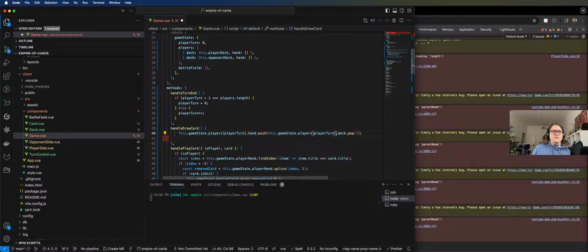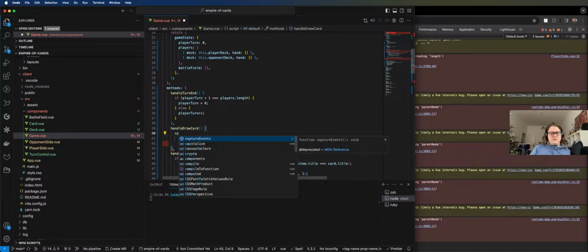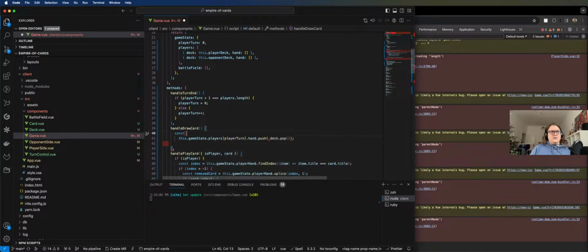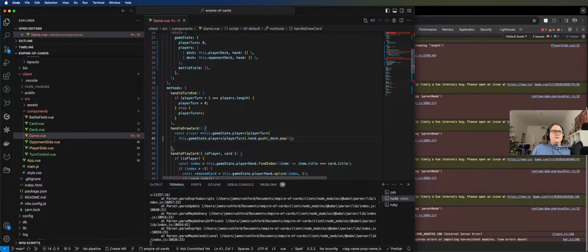And then because we're using this so often, we're going to put that into a const. So const player is equal to game state dot players player turn, right? And then we can say player